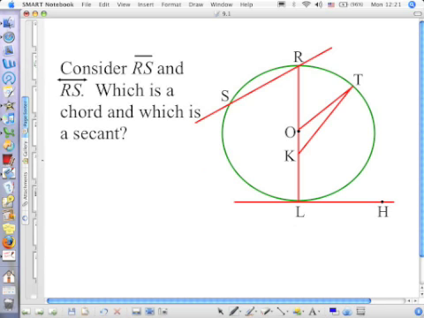I have a quick question. Okay. Whenever you're naming the radius, do you have to put the O first, like the name of the circle? It's customary to put the center first, but I won't be super